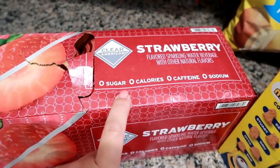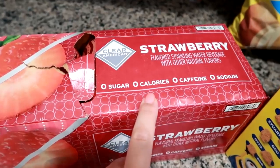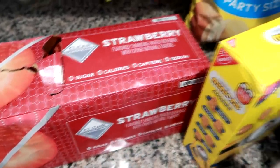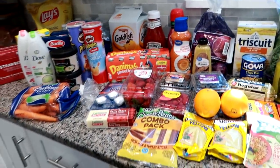FYI, if you are a fan of sparkling water beverages, this does have aspartame. Is it aspartame in it? So if you're not a fan of that, you will want to skip these because it does have artificial sweetener in it. I'm pretty sure that's everything I picked up for the week, and I'll share now my meal plan